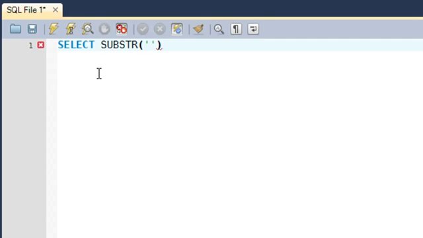Right, so suppose I have a string like "I need a break". If this is my string and if I want to get the word need out of the string, then I'll have to determine my offset position first, and the offset position is basically the position of the character from where you want to start chopping off the string. Right, so I is the first character, and then you've got a space after I, so the space character is the second character, and then n is the third character. So if you want the word need, then your offset position for the word need is going to be 3. So you type in that, and then you put in a comma,